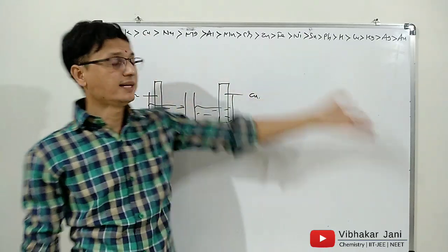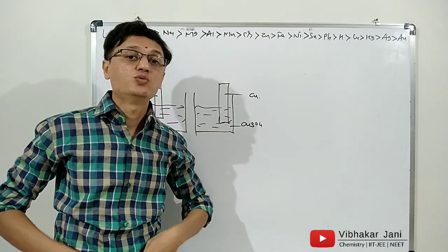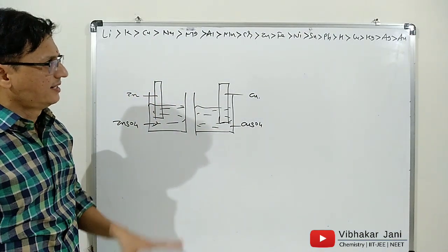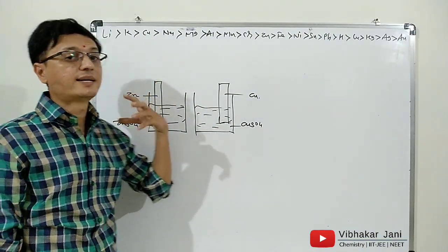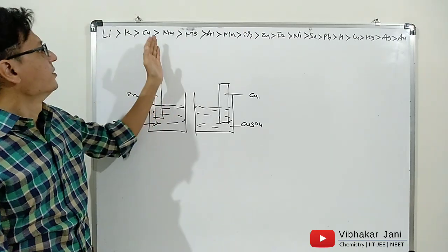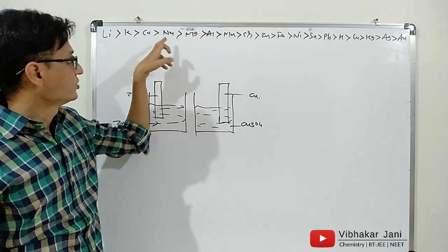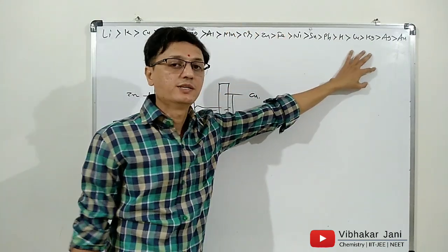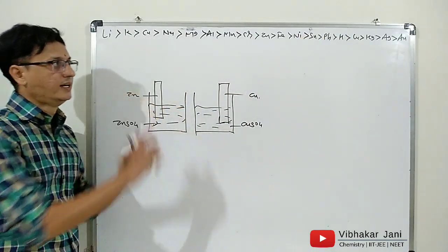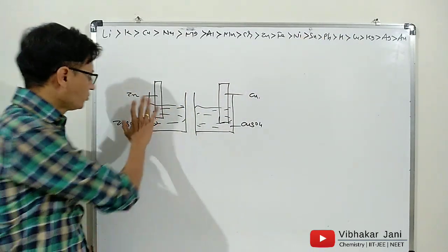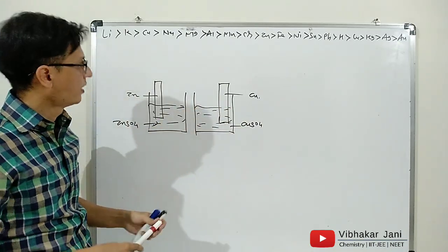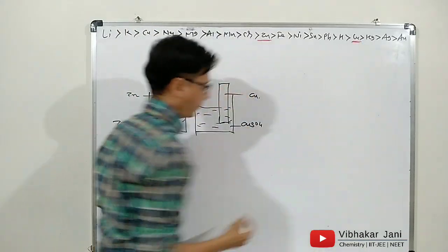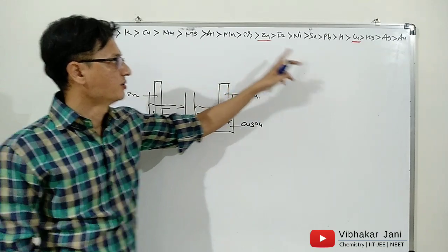As all these elements are metals, they have a tendency to release or donate electrons. But there is a relative difference between the tendency of donating electrons between two different elements. The element situated on the left has a higher tendency to donate electrons compared to the element situated on the right of the reactivity series. So here we have two different elements, zinc and copper. If you find zinc, it is over here and copper is here. So ultimately zinc is more reactive than copper.